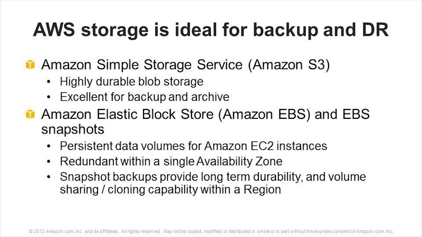The other type of storage is called elastic block storage, or EBS for short. When you have these EBS data volumes, you can create these in any size from 1 gigabyte up to 1 terabyte. These are persistent data volumes that you create and then attach to any Amazon EC2 instance in a particular availability zone. There is redundancy behind each elastic block store volume, and they do have a published reliability and durability figure for them.